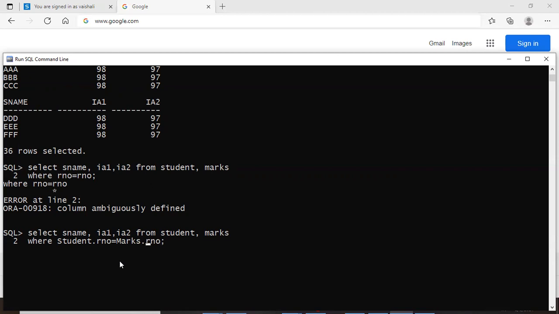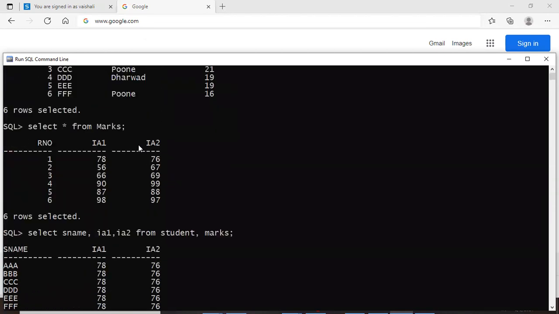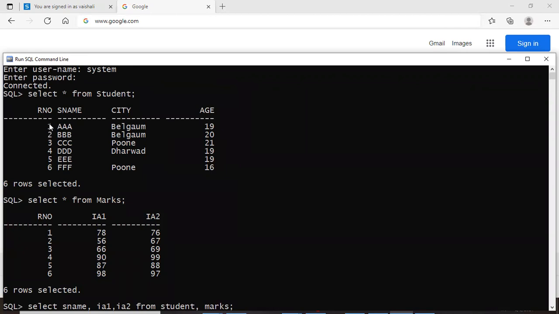the marks table, and only when the matching is found, display the corresponding values, that is the related values of name, IA1, IA2. That means I'm telling my DBMS to take a roll number from the first table and take the name, then try to match that roll number in my marks table. Wherever it finds the exact match for the roll number, only take the marks from that and display it in front of this name AAA. Similarly, take the second roll number, take the name, then go to the marks table, find a matching roll number, and then display the marks.